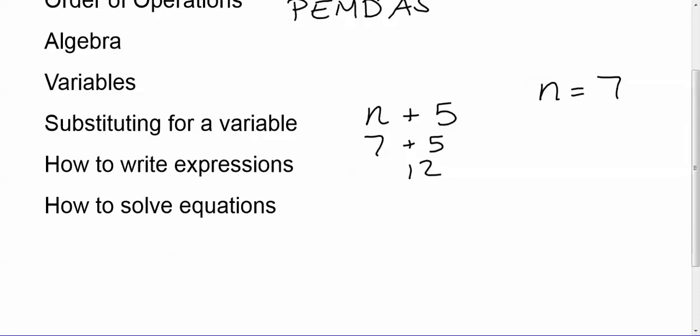The next thing you guys learned was how to write expressions, which you had to convert the English language to the language of math, and how to write a sentence using numbers, variables, and operations. So we talked about coefficients. So if we had 4 times a number, you would write that 4n. We learned that if you wanted to say n divided by 4, you could also write it as a fraction here. And we learned things, like sum means the same thing as add,